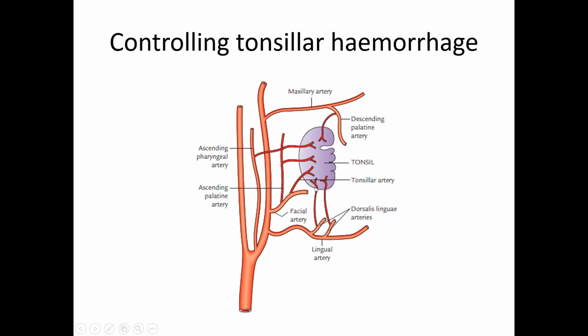What you have to do is remove the tonsil en masse, and no clot is allowed to be formed there. So that no clots are there in the tonsil bed, the superior constrictor will go into full contraction and clamp all these 5 vessels at one go. So to control tonsillar hemorrhage, you have to remove the clot from the tonsillar bed along with the tonsils, so that hemorrhage can be prevented. The main artery supplying the tonsil, of course, is a direct branch of the facial artery. This is the tonsillar artery.